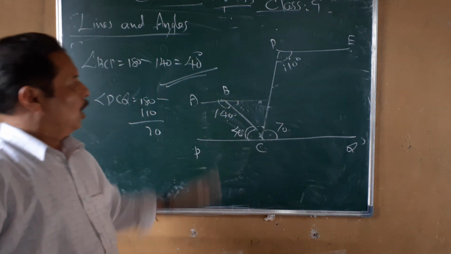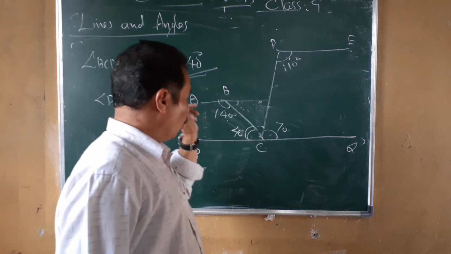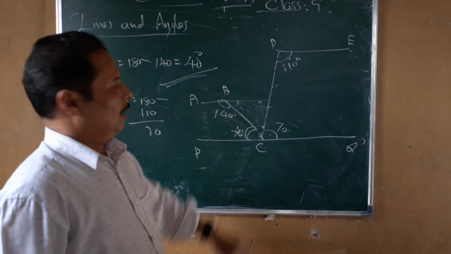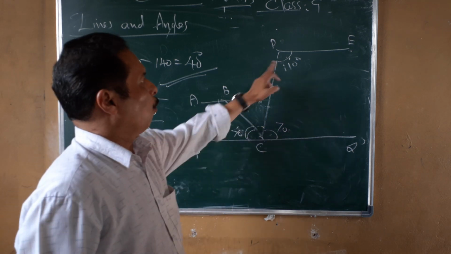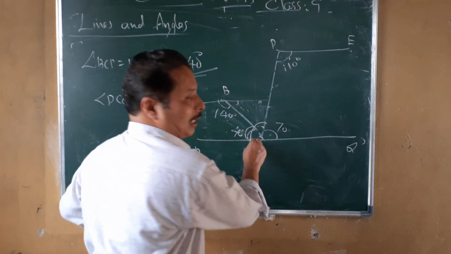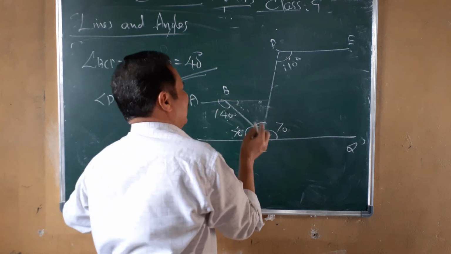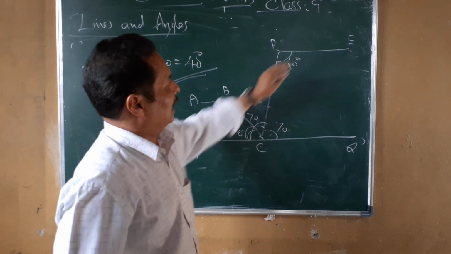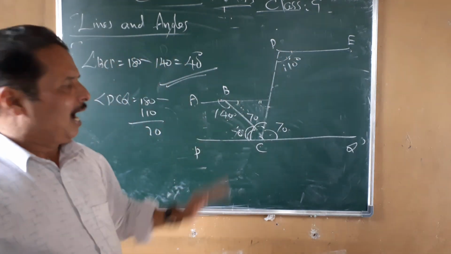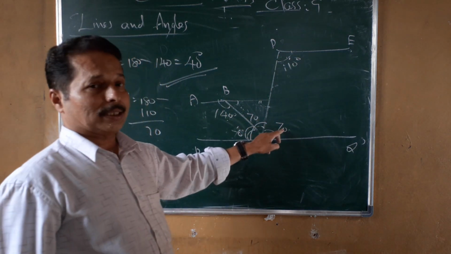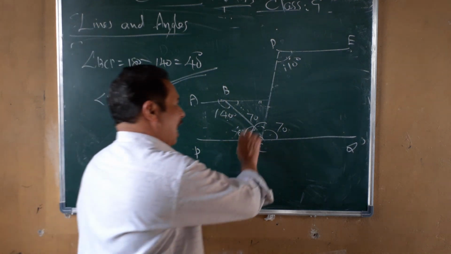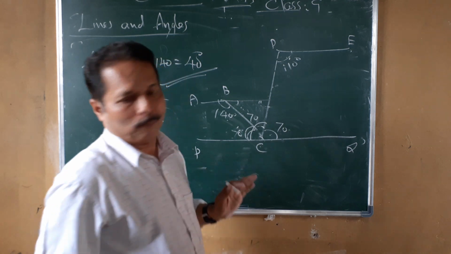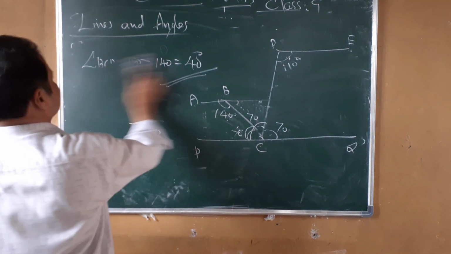Are you ready? So, angle BCD equals 180 minus 40 plus 70. You look at the figure. Otherwise, 110, this is also 110. 110 minus 40, that's also 70. These two angles are alternate here. Then also you get 70. Otherwise, 180 minus 40 plus 70, that's also 70. You get the idea? Okay.